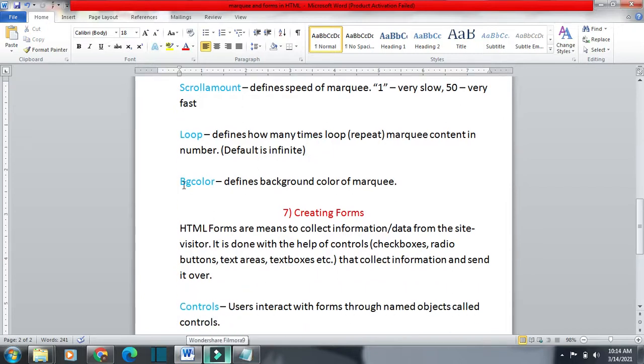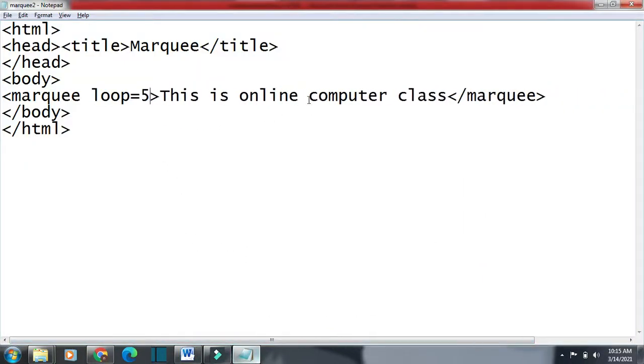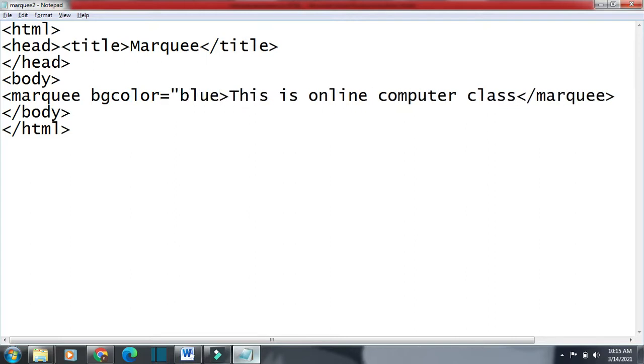Next attribute is BG color. BG color defines the background color of marquee. Background color means if you want to give any color in the background only for the marquee, you can go for BG color. After BG color, you will write the name of the color. Suppose I want to go for blue, so I will give the color as blue in double quotes.